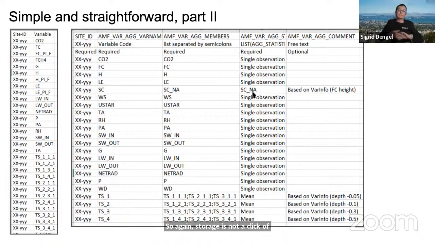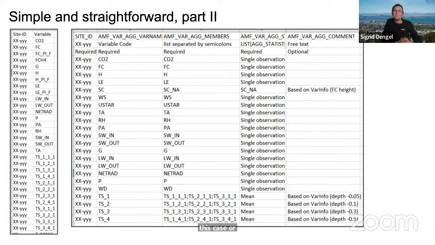Someone asked a question in the chat. From the variable information table, again, I could see that the 3 profiles were all measuring in 3 different locations at the same depth. So in this case, the soil temperatures were aggregated by depths. And in this case, I could add, as you can see, 4